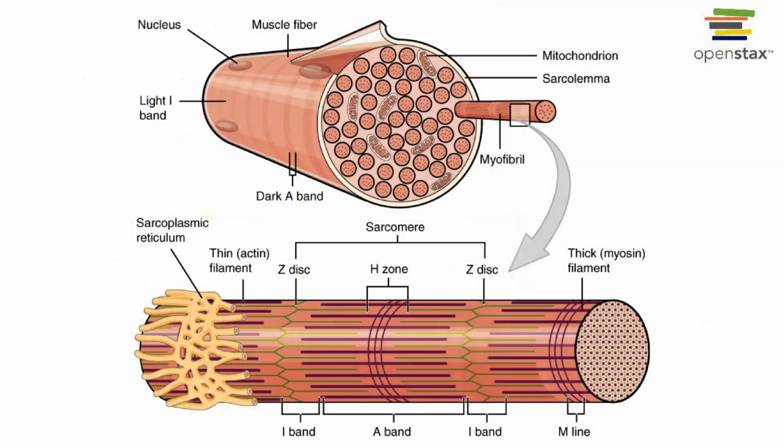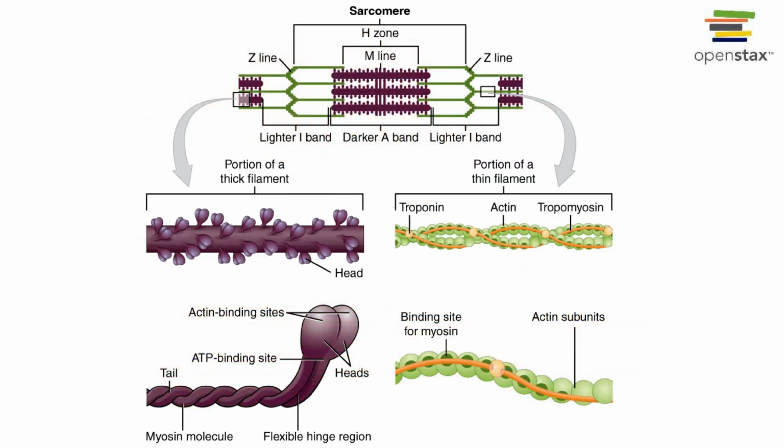At the core of the sarcomere are the myofilaments, the fibrous proteins that slide past one another to produce contraction. There are two main types, thick filaments and thin filaments. Thick filaments are found in the center of the sarcomere. They are made primarily of myosin, a motor protein with ATPase activity. Myosin converts the chemical energy stored in ATP into the kinetic energy of power strokes, the pulling force that drives